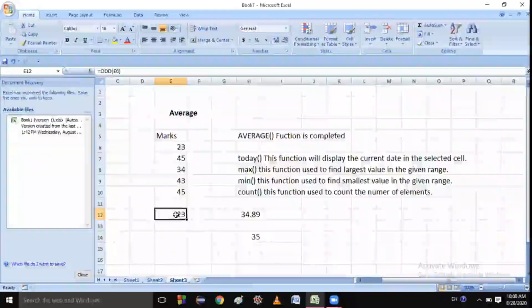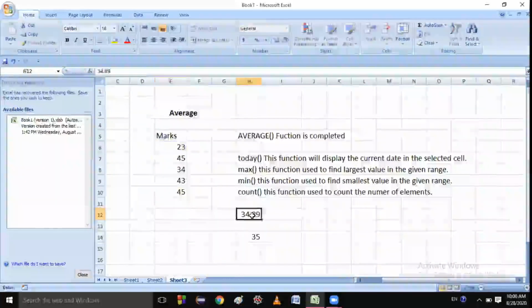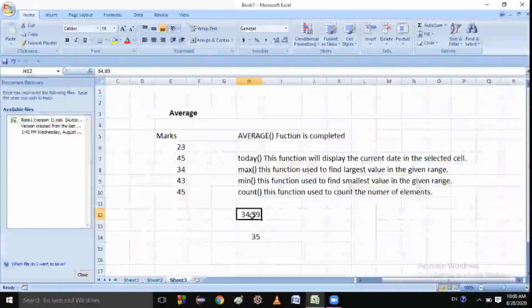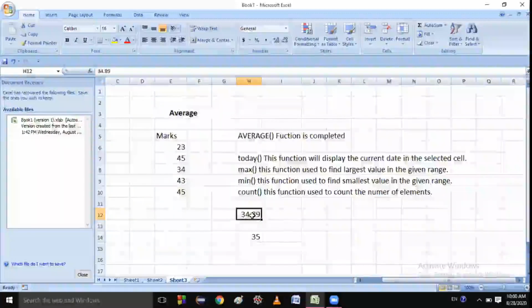So the definition of the ODD function is: it returns the number rounded up to the nearest odd integer. Is it clear?